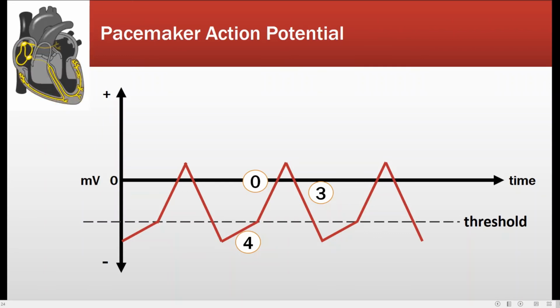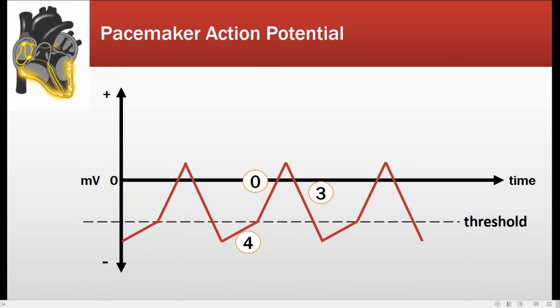Okay, so the pacemaker potential is produced by a decrease in membrane permeability to potassium and a slow inward current because of calcium influx, and then an increase in sodium current because of sodium calcium exchange. Then once the threshold potential is reached, then the calcium channel opens, then calcium ions enter,